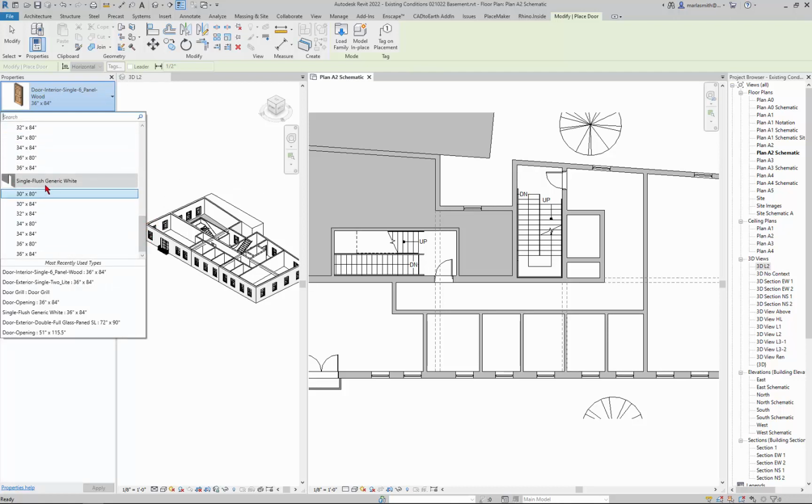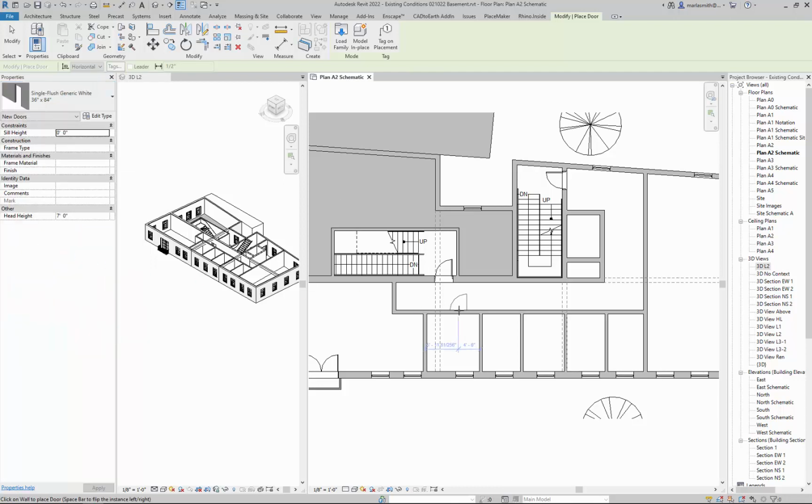There's a single flush generic white door, which I might recommend because it doesn't really have a material on it yet, if you're not sure. So you could do a 36 by 84, and if you hit the space bar, it'll flip these. That's one, and that's one, and that's one,